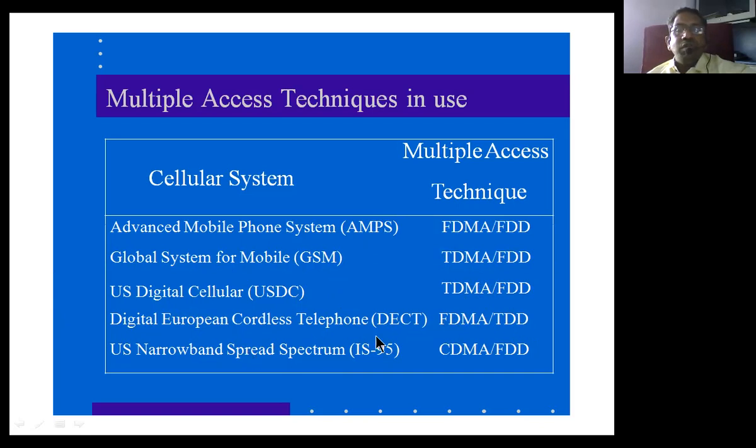Even now we are using cordless phones, though very few people have them. Cordless phones use the FDMA TDD technique. And there is the US narrowband spread spectrum technique, called IS-95, which is a CDMA FDD kind of technique. So in the next class, we will go into more depth on these particular techniques